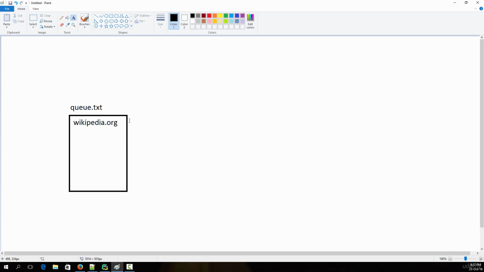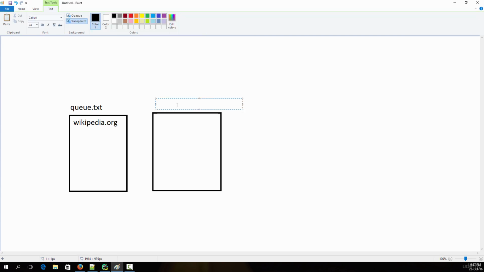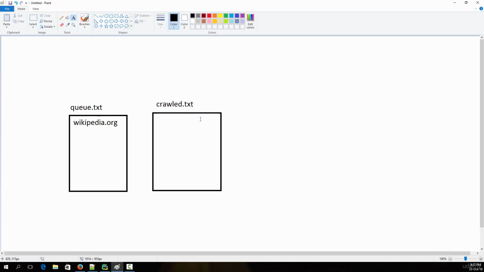Once the crawler crawls a particular link, it is going to store that crawled link into a new file which is going to be called crawled.txt. Let me create a new file over here and name it crawl.txt. The reason we are going to have a crawl.txt file is that once a particular URL is crawled, so let's say wikipedia.org is crawled, it is going to get transferred from q.txt to crawl.txt